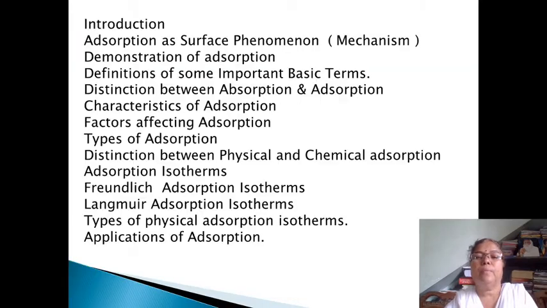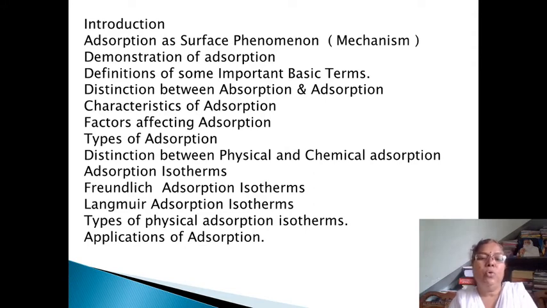In this chapter you are going to learn the introductory part of surface chemistry, then how adsorption takes place and what is the mechanism behind the adsorption phenomenon, then the demonstration of adsorption with the help of PPT, then the definitions of some important basic terms, then the distinction between adsorption and absorption, characteristics of adsorption, factors affecting adsorption, types of adsorption, distinction between physical and chemical adsorption, adsorption isotherms, and for your study